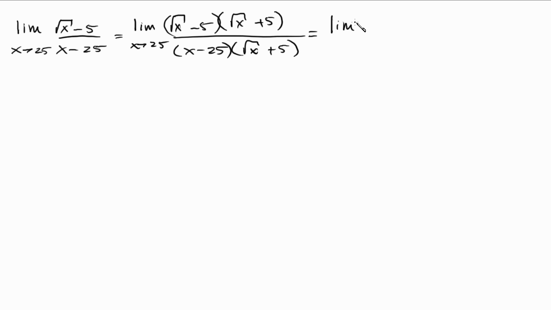So the result is a squared minus b squared. So it's going to be x minus 25. Now, on the bottom, I'm not going to FOIL this out. I'm not going to go through it, but if you FOIL it out and you try to plug the 25 into it, first of all, nothing's going to cancel out, and secondly, it's going to come out to be 0 anyway on the bottom